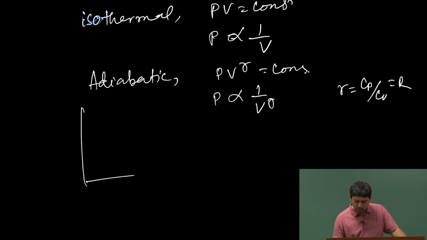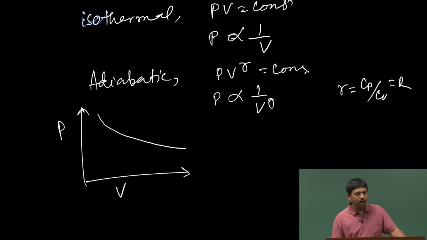So, when I plot isothermal and adiabatic, what do you think the profile will look like? Let us say this is isothermal. Will the adiabatic be higher or lower? Just compare these two expressions and tell me. In one case it is going just 1 by V, in another case it is going 1 by V to the power gamma. Since gamma is larger than 1, imagine gamma is 2. So, it is decreasing much faster. So, if gamma is greater than 1, then it will always be lower.